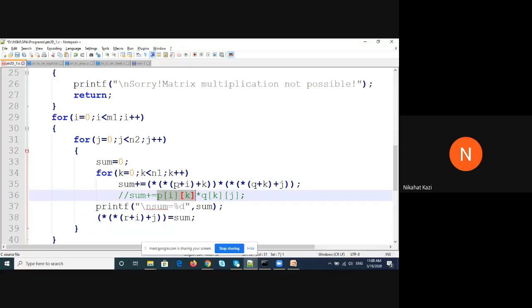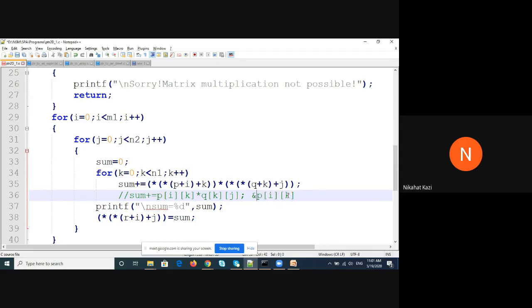And if I want to get the kth element address, that means the column index, I do a plus k here. Once I do a plus k here, I will get the address. So this expression will be nothing but address of P of ik.